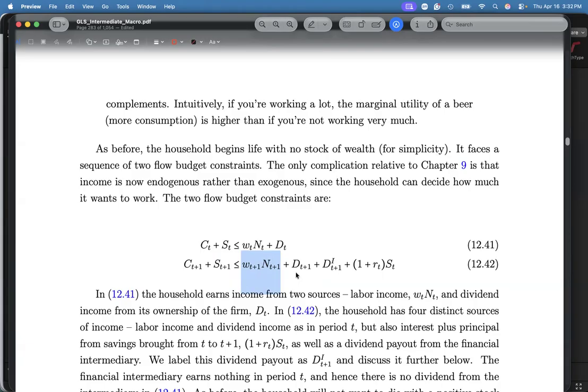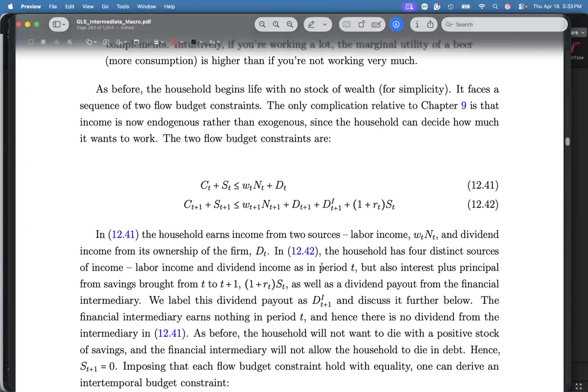Okay, so that's just what you earn from selling your N. Correct. That's what you earn from selling your N. And this one is your dividends from the future, right? The firm that you own will have a profit. Some of that will go to you. In fact, all of it will go back to the household. So this is like an aggregate household constraint.